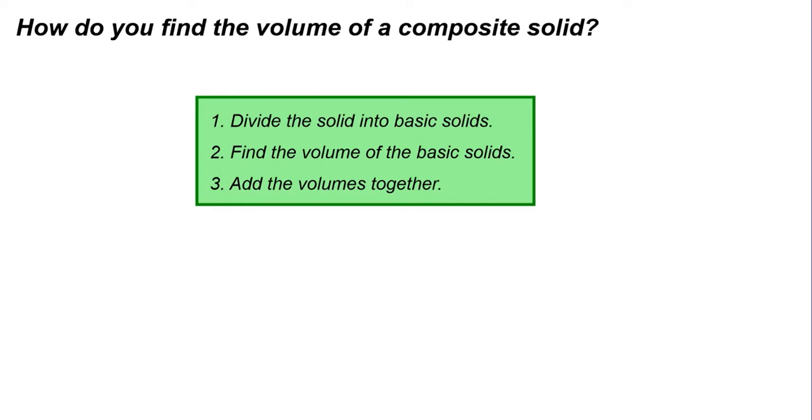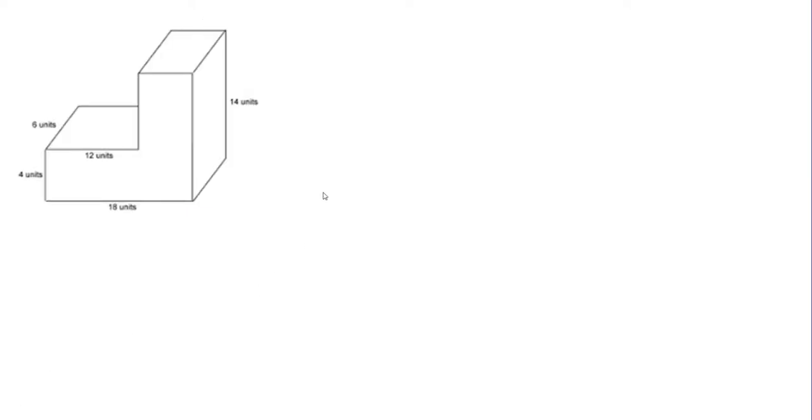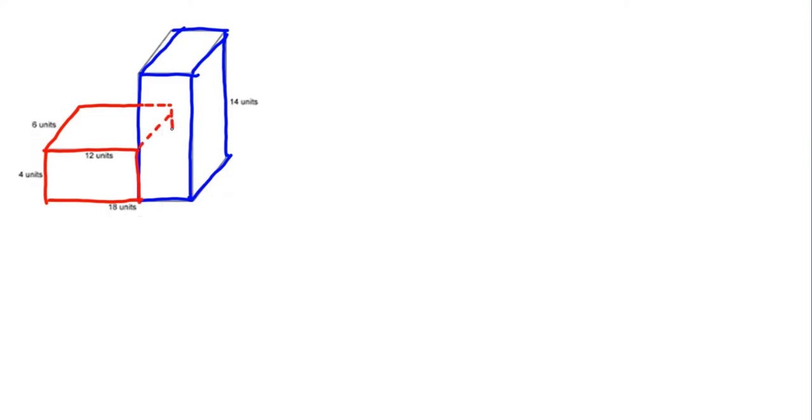them all together. So with a solid like this, we're going to want to break this solid into its basic solids and then find their volumes and then add them together. Again, there's a lot of ways you can divide this solid up into basic solids or basic prisms. But what I'm going to do is I'm just going to cut this guy straight down here. So I'm going to think of it like this taller prism here. I'm going to call that the blue prism. And then this smaller prism next to it, we'll call that the red prism for obvious reasons. All right, now we're going to find the volumes of these individual prisms, and then we're going to add them